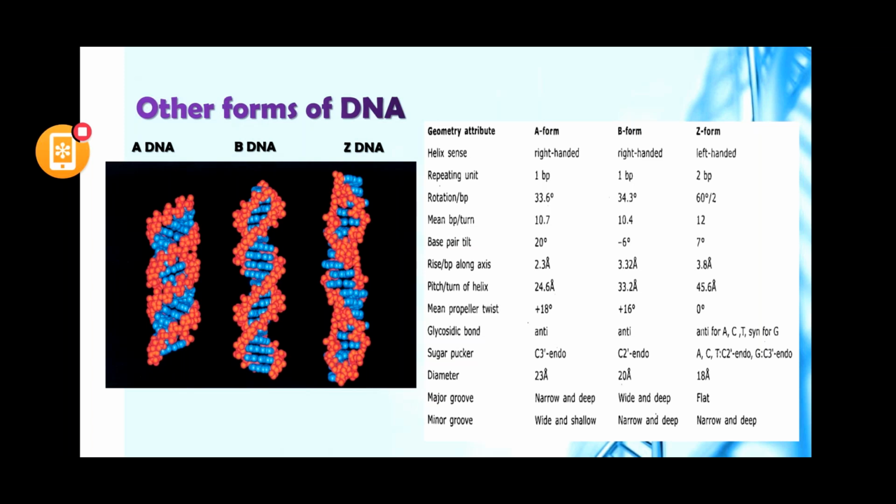Okay, so these are the differences in the formation of the A form of DNA and Z form of DNA in comparison to the B form of DNA. Okay. Now there are other forms of DNA